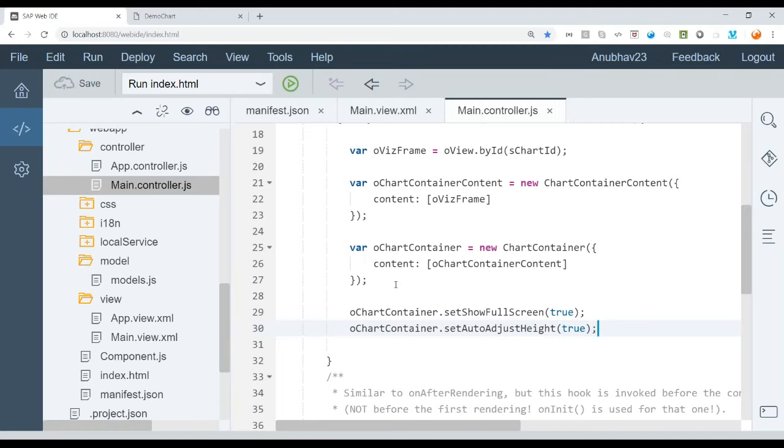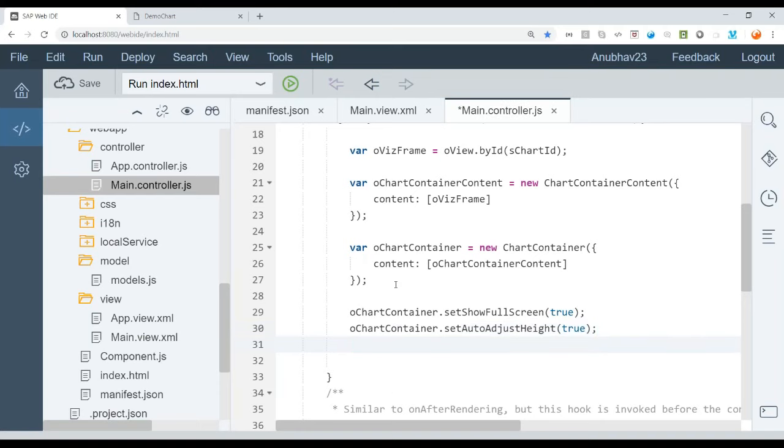Now we will be placing our content there for the chart container. So let's say oView.byId, my block id, and in this I will say add content, and we will be adding here our chart container. That's so nice. And now let us go ahead and check it out. What does it produce for us? Okay, so now we will just go back,